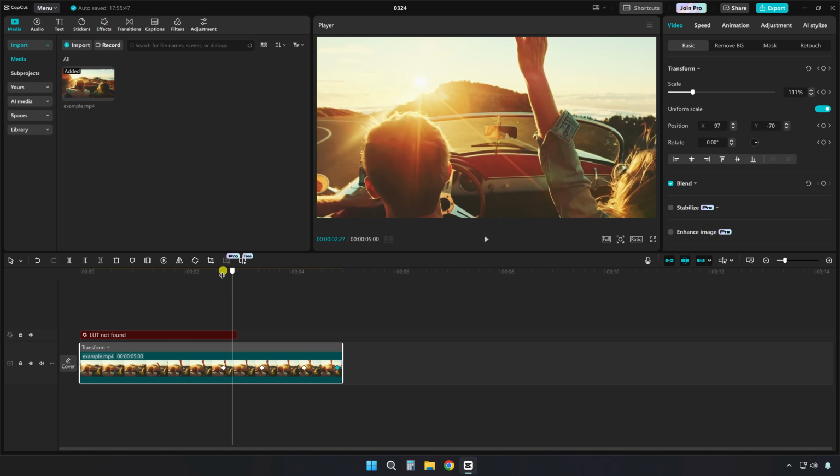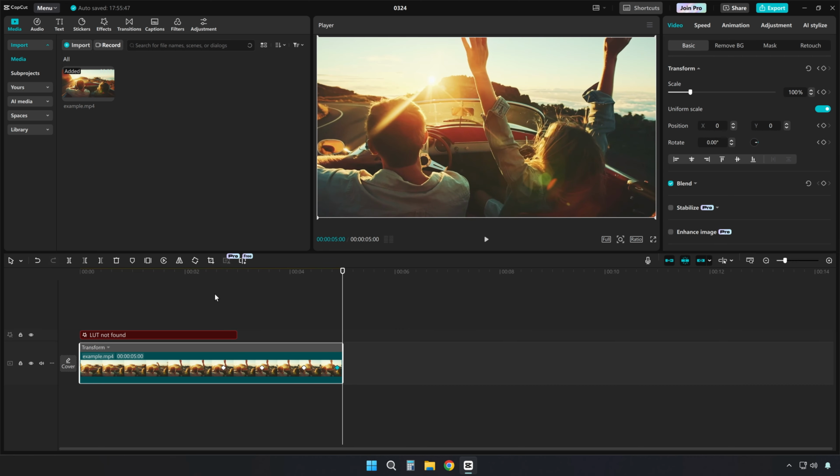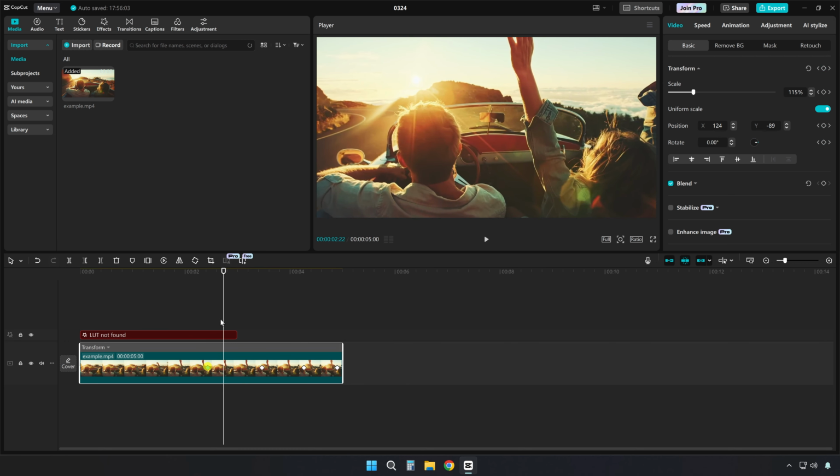Let's play it back and check out the full effect. The zoom in works nicely to highlight the detail, and the zoom out brings us back smoothly to the regular view. If you want to adjust how fast or slow the zoom happens for better timing, just select the keyframe